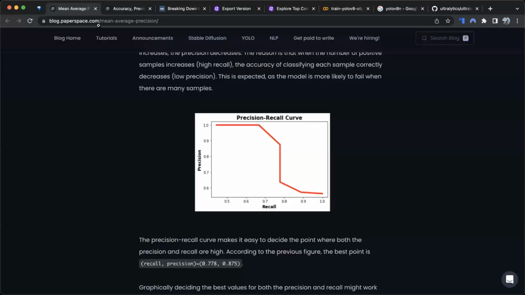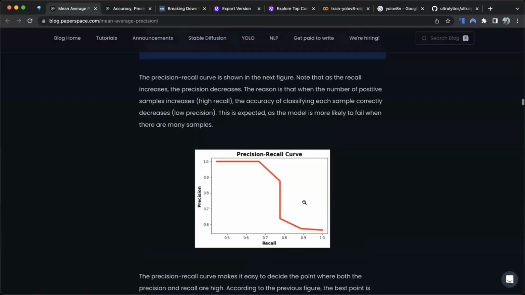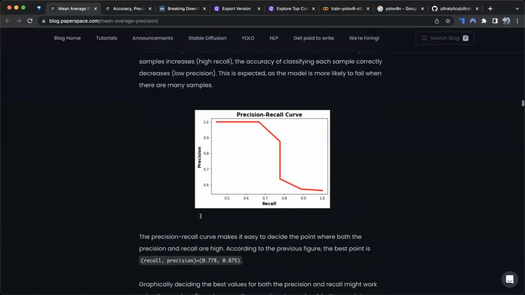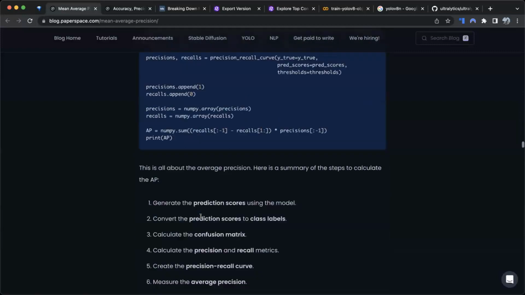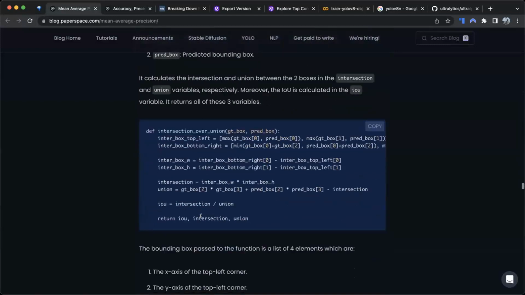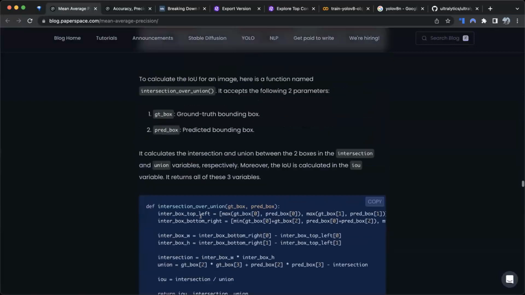But that's basically the idea behind this metric. This metric aims at evaluating all types of models, so it doesn't make an assumption on what is the perfect confidence threshold for your specific model. It will use every single confidence threshold from whatever you decide. For example, here, the most common range is from 0.5 up to 0.95 with 0.05 increases, but